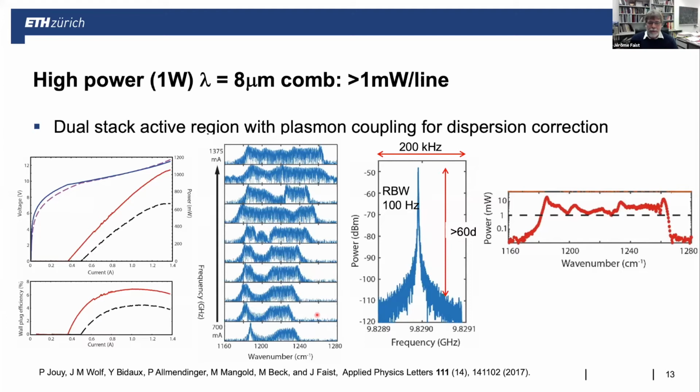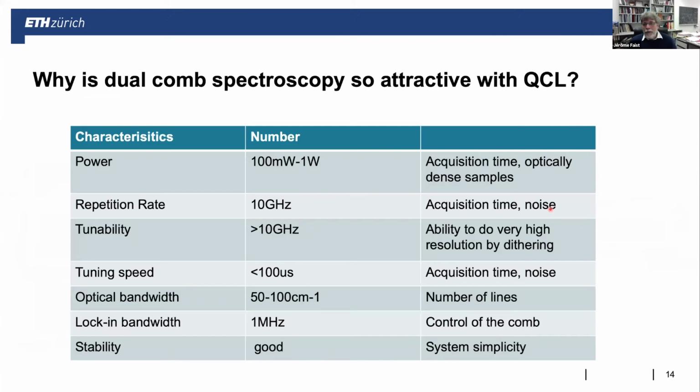Unfortunately those are not so common, but let's say those are examples of devices that operate with 100 inverse centimeter bandwidth, up to a watt of optical power, and show very nice, very sharp beat tones, in such a way that over this bandwidth you basically have more than 1 milliwatt per mode. Now, if you look at the quantum cascade laser, I would claim they are uniquely suited to make dual comb